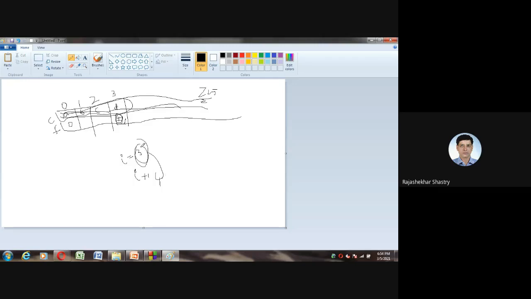For me, what is D? D is 4. No, D is 3. OK, the index value is 3. Or the other way, I can ask: what is 3 for me? D. What is 5 for me? F. Or the other way, what is F for me? 5. All right. If I refer to 5, it is nothing but F for me. If I refer to F in my mind, then for me it is 5.